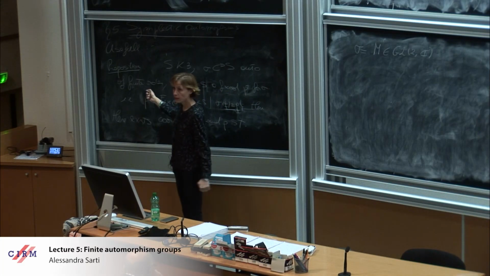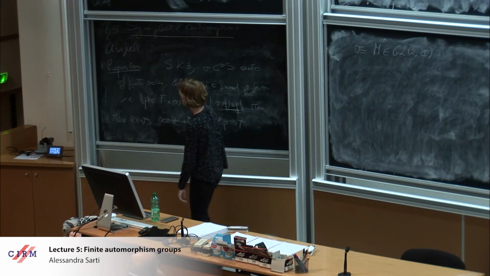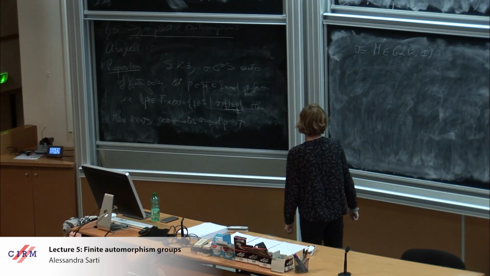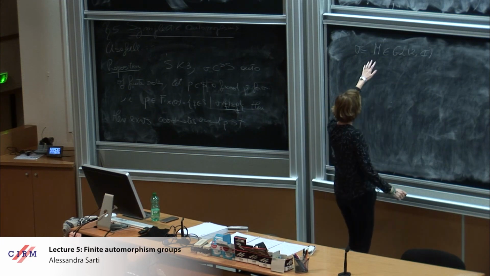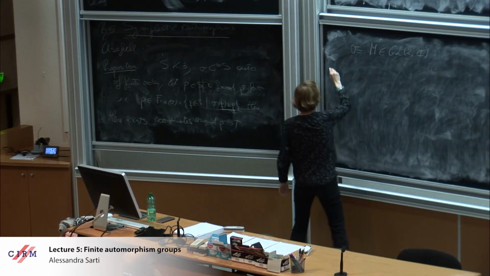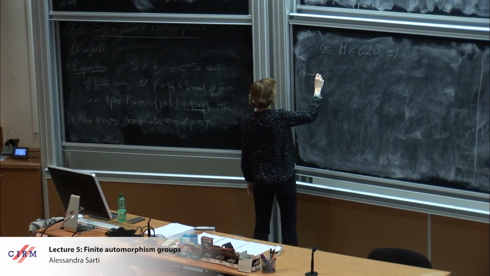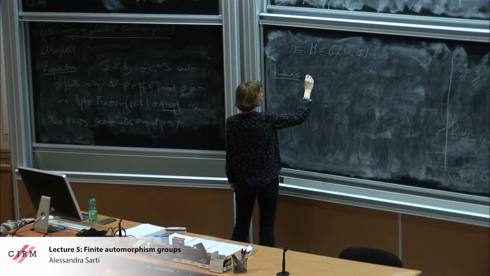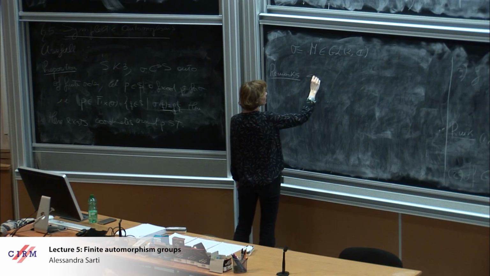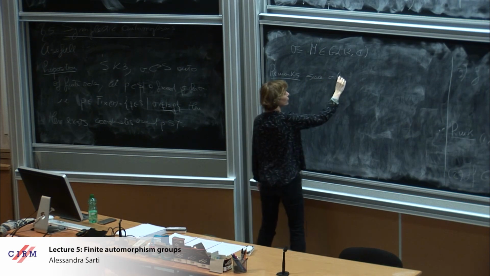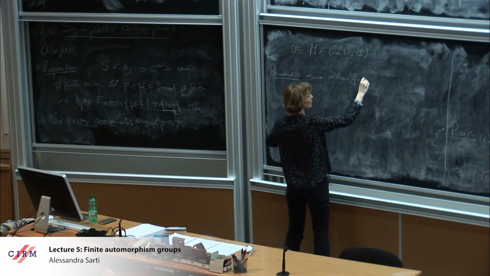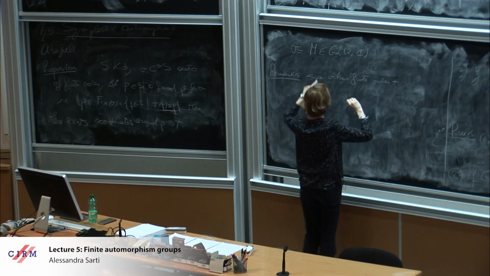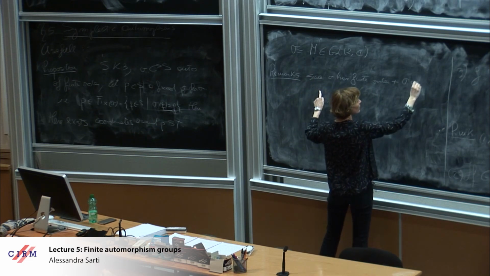Linearizing the action of an automorphism is really something not trivial, but for finite order it works, and you can say even more. That's why I put K3. So since sigma has finite order, M is of finite order, plus sigma acts symplectically,